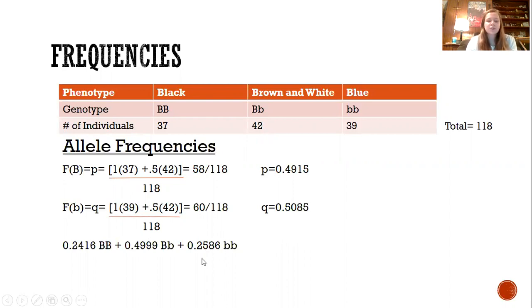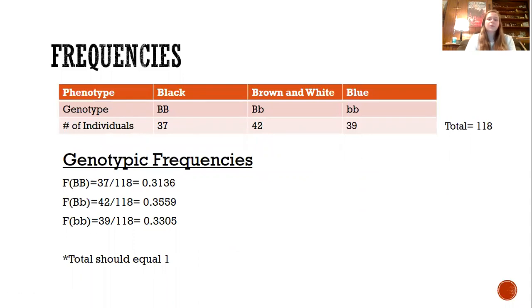Now we'll insert these into our Hardy-Weinberg equation, which is P squared Big B plus 2PQ Big B little b plus Q squared. The genotypic frequencies are very simple. We'll take the black Nifflers, which are 37, divided by 118, giving us the frequency of Big B genotype. We'll do the same for each genotype, giving us all of these numbers. Now, something important is that these numbers together should equal 1, because these are essentially the percentages of the population